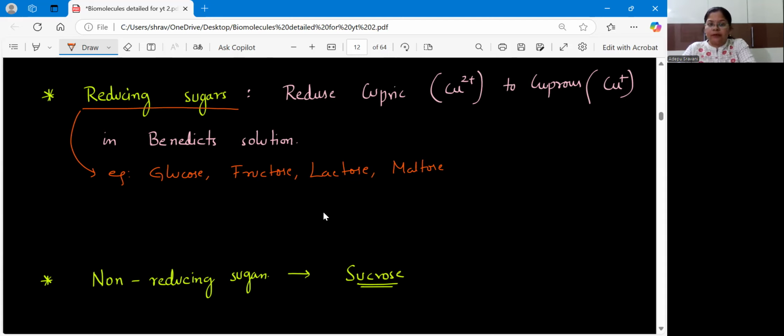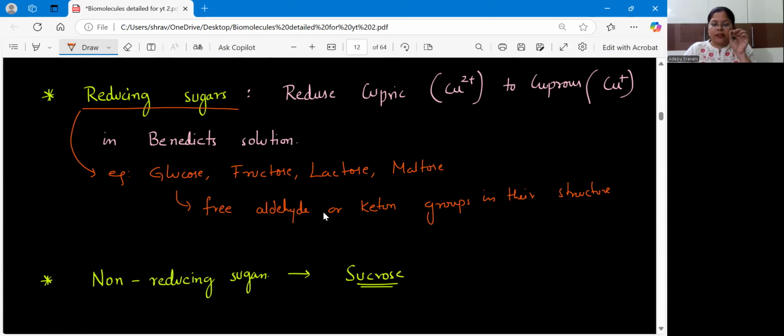in these sugars, whenever they are formed or when they have got free aldehyde or ketone groups in their structure. Now, what does this aldehyde and ketone group do? They will reduce the cupric ions. That means the Cu+2 to Cu+. So, for example, we have certain solution called Benedict's solution or Fehling's